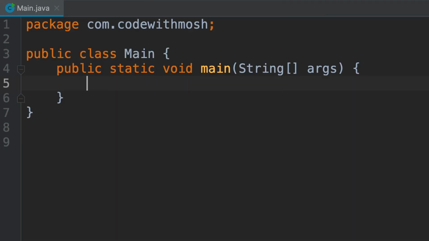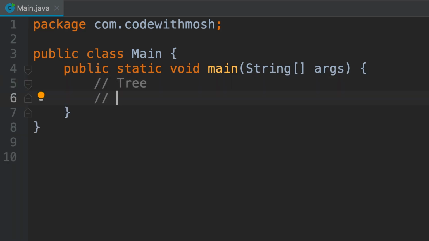Just like the previous sections, we want to build a tree from scratch, so we better understand how these trees work internally. So as an exercise, I want you to create a tree class. In this class, we're going to have a bunch of nodes. So node is going to be a private class inside the tree class, just like the node class that we